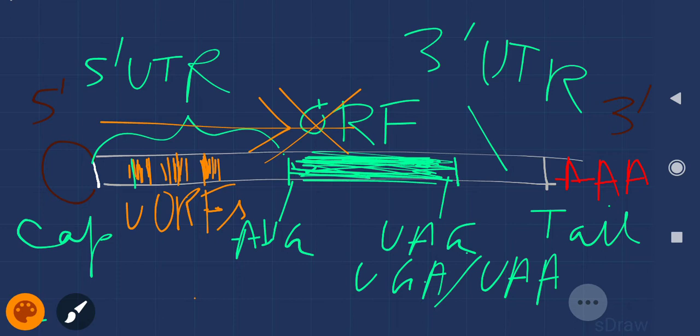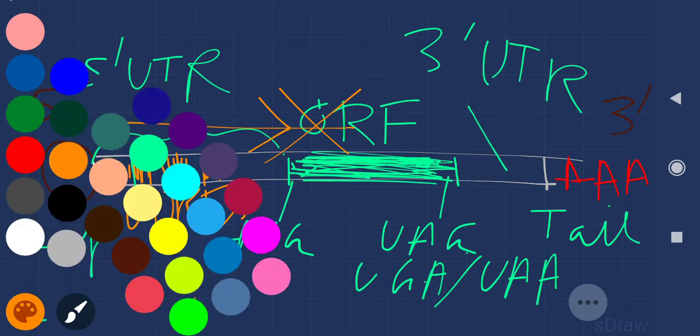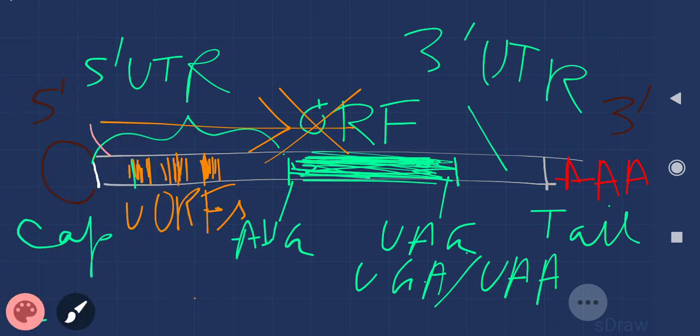Now since ribosomes of eukaryotes scan the mRNA from the 5 prime end, from the beginning, your ribosomes will scan the mRNA.